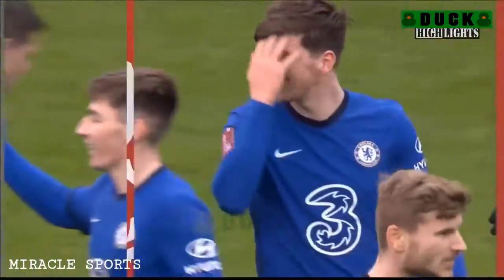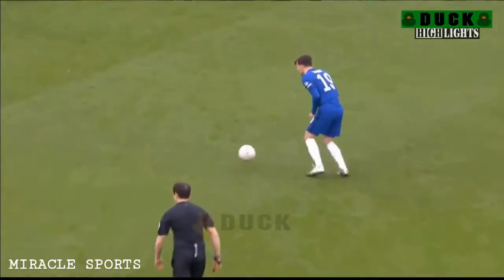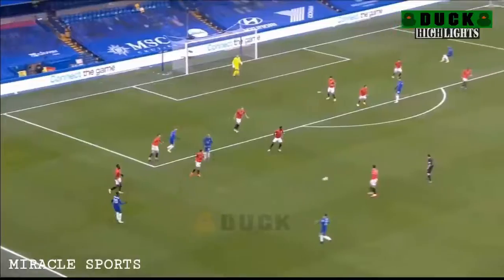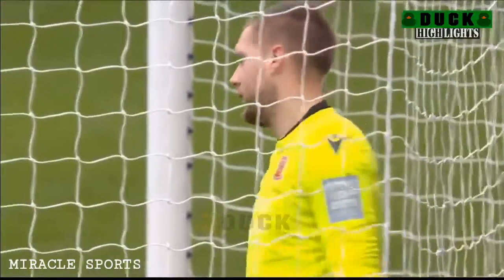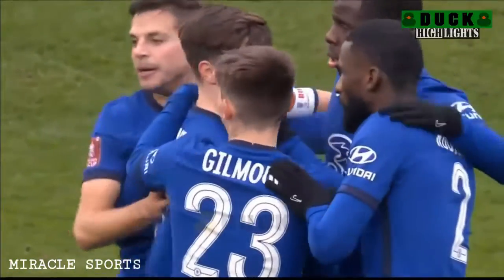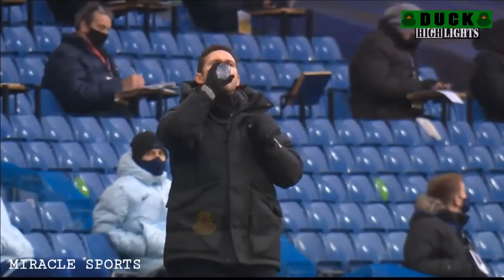And Mason Mount arrows in a shot that gives Chelsea almost a casual lead. The Morecambe resistance didn't last long. Mark Halstead beaten by a bit of real quality from Mason Mount. Well, it's a brilliant strike from Mason Mount. Quality player as well, but nobody comes out to close this down, Dave. Hudson-Odoi plays it to him. Now you've got to get out and close that ball. They don't get close enough to him. And he picks his spot, and the goalkeeper...